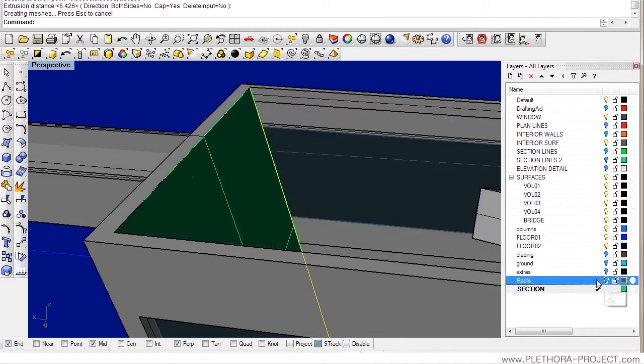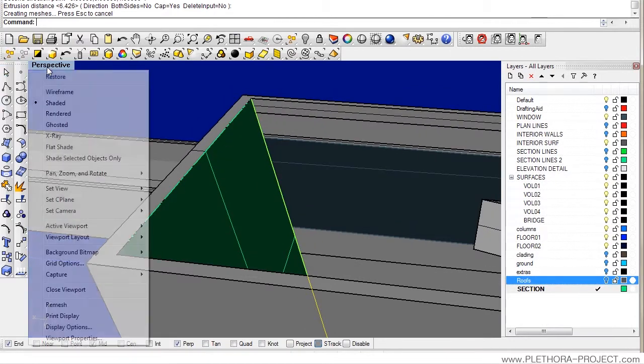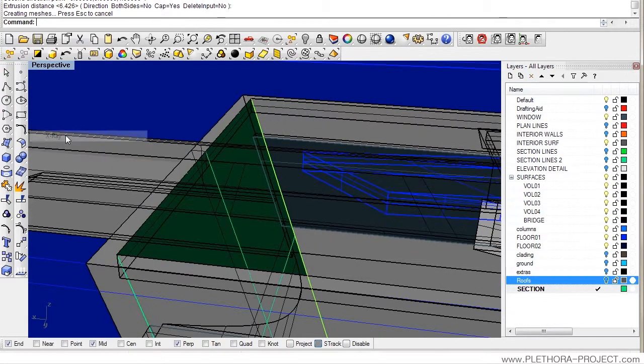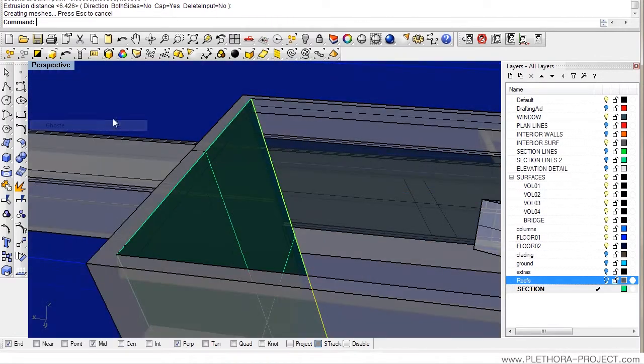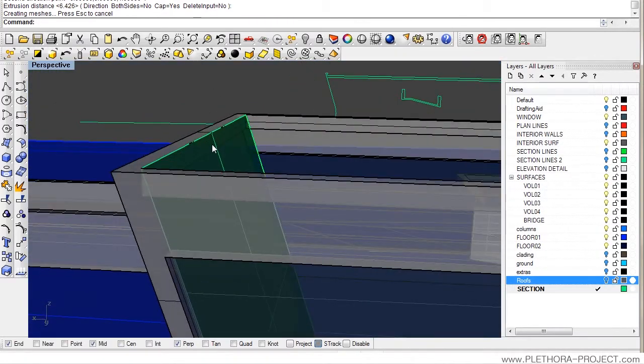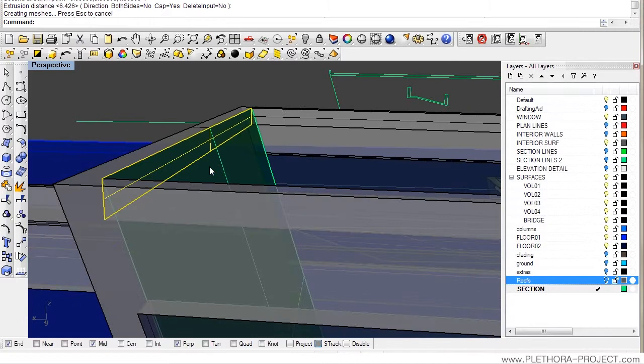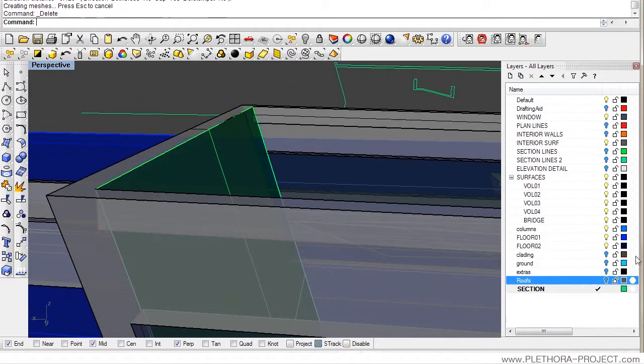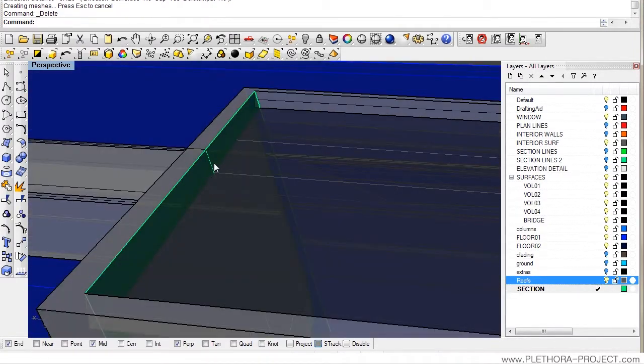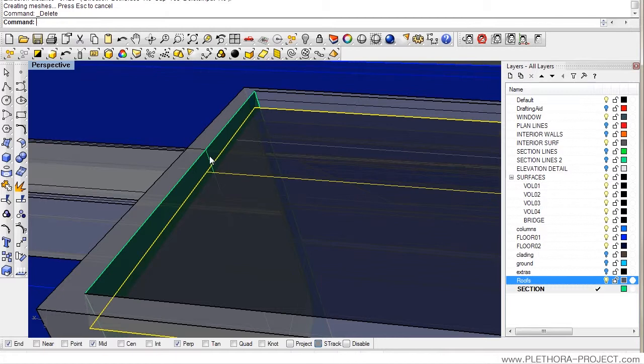So if we remove the roof, you could also go into X-ray or ghosted, and you can see that we had this one, and now we could basically, this new surface,